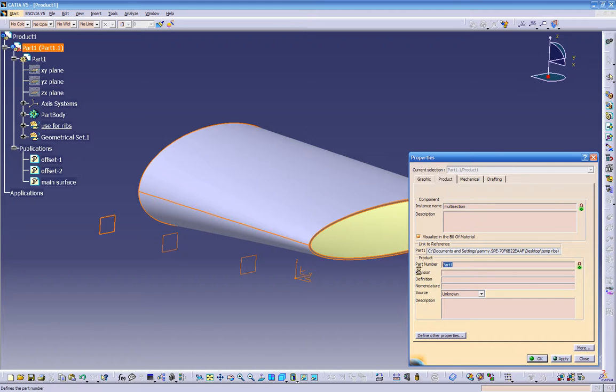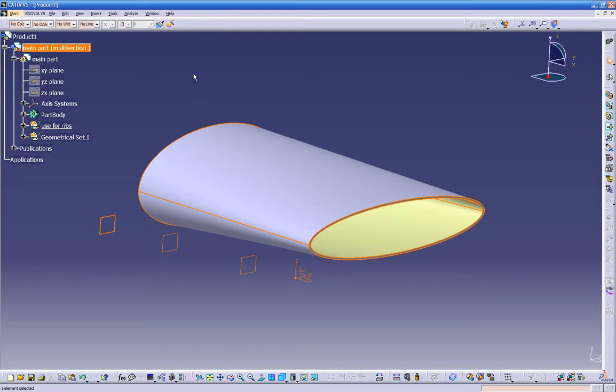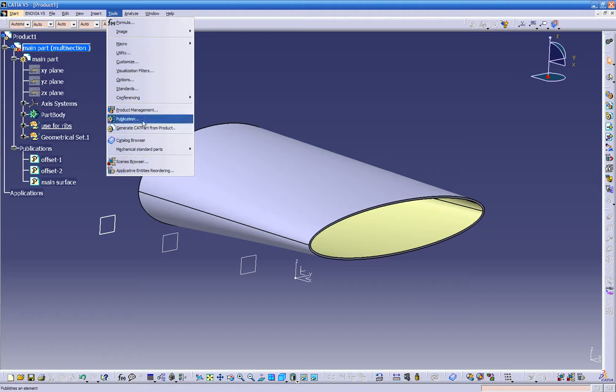Multi-section. Let's put over here main part. So this is our main part right here. We got the publications. I just want to make sure before we move any further that we go to tools